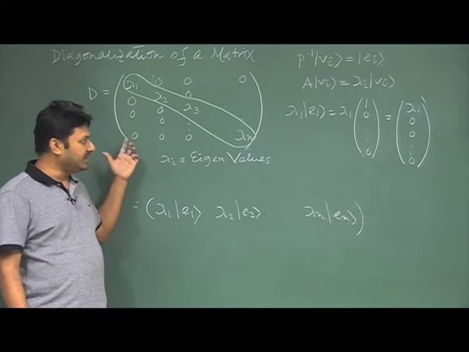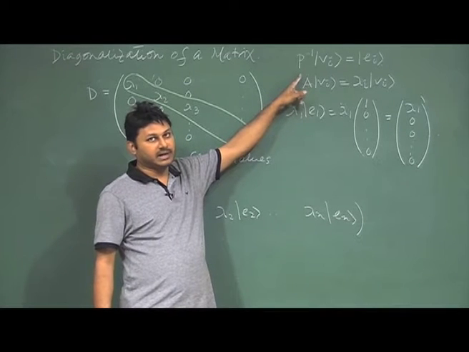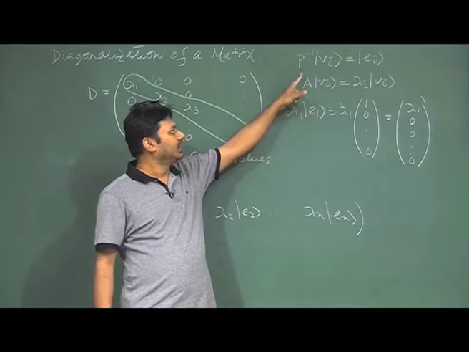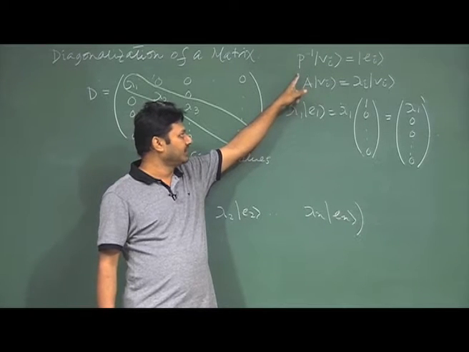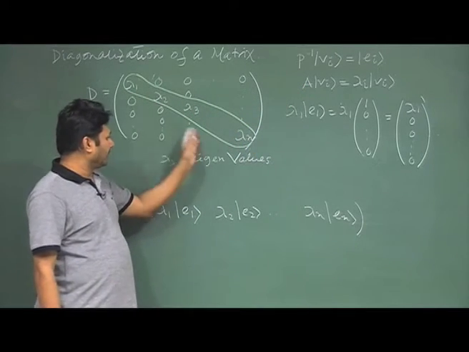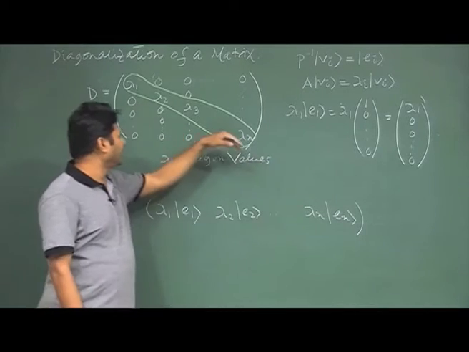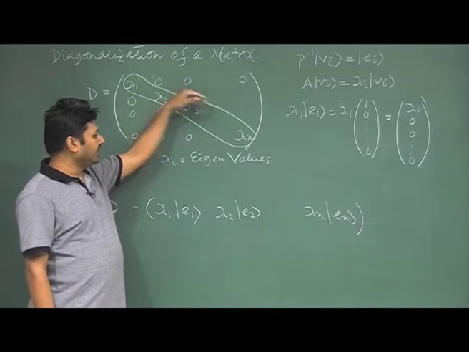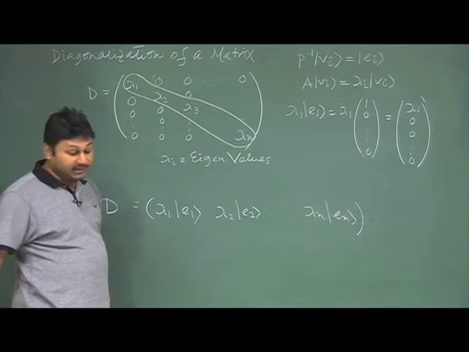Not only that, if I am able to diagonalize the matrix, then with the similarity transformation that we have, we need to find a P and also the inverse of that. It is not necessarily true that P inverse always exists. There is a possibility that it is not going to exist, so it should be a non-singular matrix. So if I am able to figure out my P properly with the eigenvectors, then I can diagonalize, and these diagonal elements will be the corresponding eigenvalues. So this is the recipe.